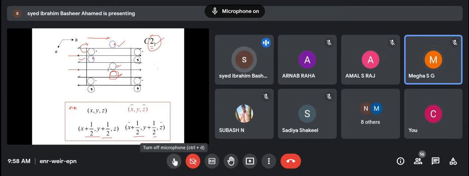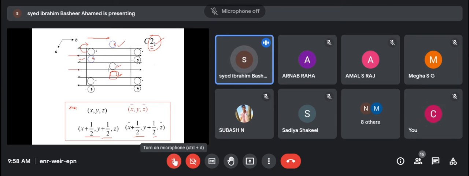I am simplifying the problem. I am just operating C2 only. Okay, I got the solution. Since it is C2 1, now I am explaining. If you apply C2 here, it will come here. A half unit translation will bring it here. Then you will have a C-centered molecule here.